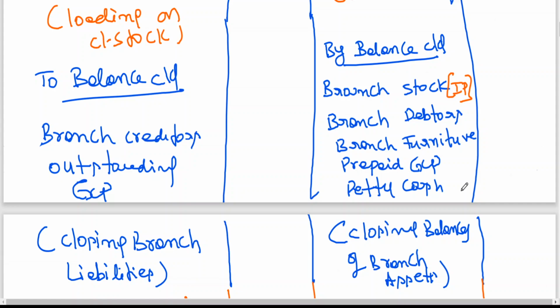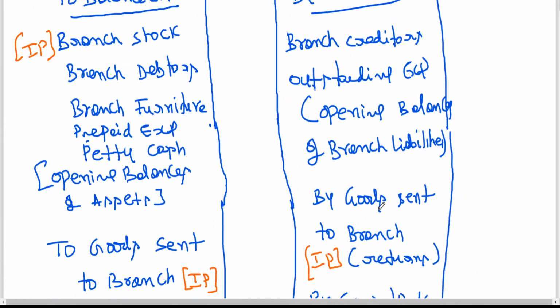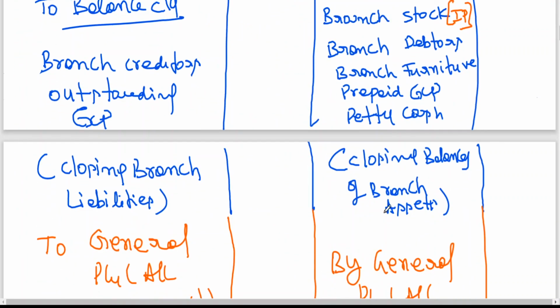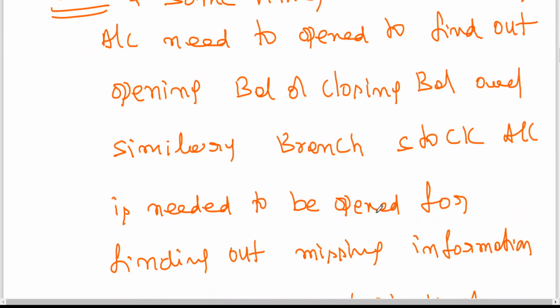I think I shall be able to finish this in maybe 10 minutes. I don't think this will waste your time, right? In the last class, I briefly gave the main heading of the debtors account and why you need to prepare it. Now we go to the journal entries part. You remember this particular ledger format only. This is very easy. Journal entries are for reference. Any entry not affecting the branch account need not be taken, but sometimes you need to pass an entry. For that purpose I am giving you this.